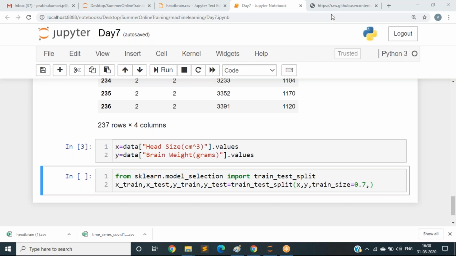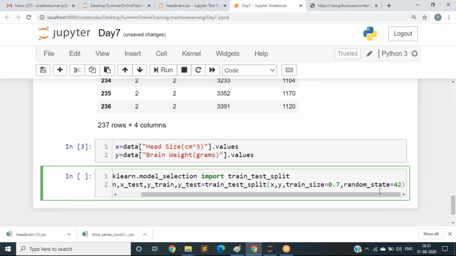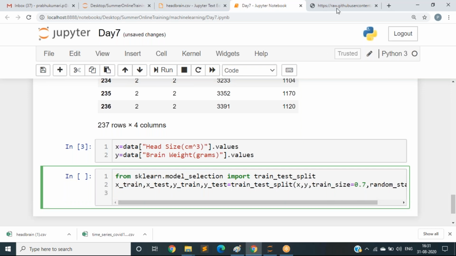And next, let us apply the algorithm. From sklearn dot tree import DecisionTreeRegressor.